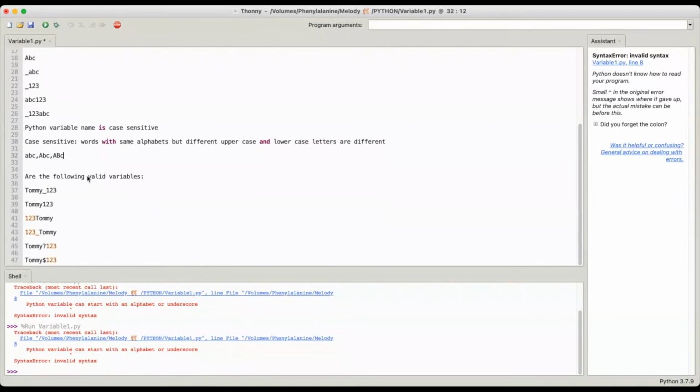Here I have some exercises. Are the following valid variables? The first one, yes, it starts with a letter. The second one, also yes, it starts with a letter. Now the third one starts with a number, so it's not valid. The fourth one, same thing, it starts with a number. The fifth one,